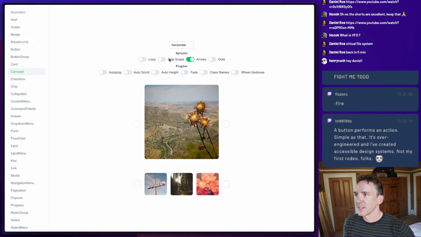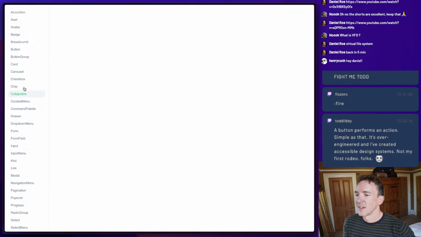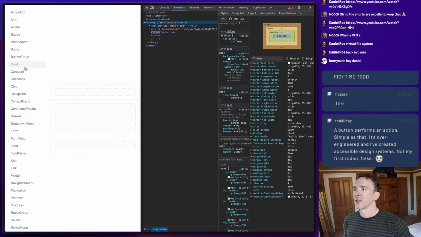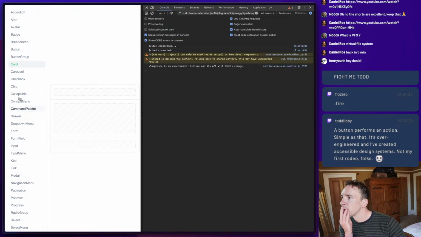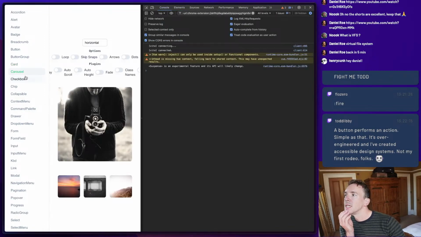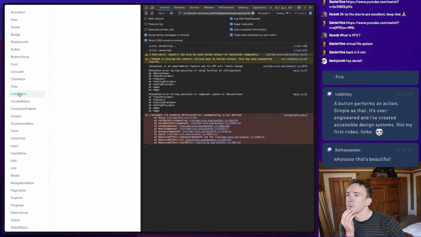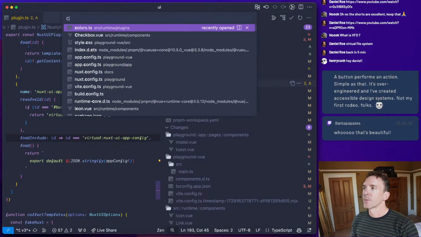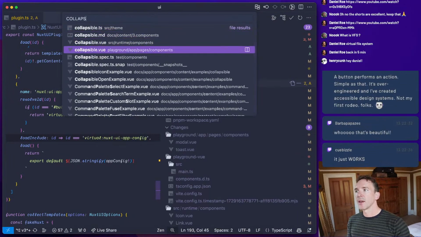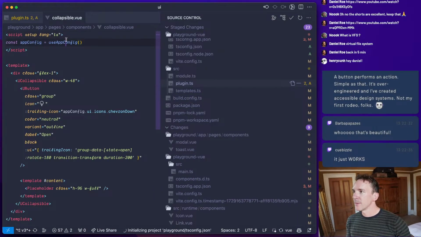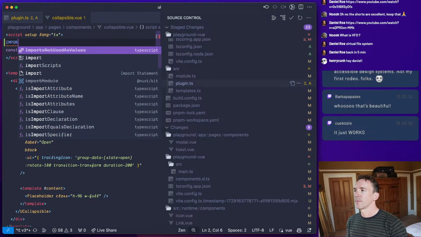Look at this. Oh, there was a thing that didn't work. Okay, so we had card, carousel, checkbox, chip, collapsible. Ah, that's just a playground need.